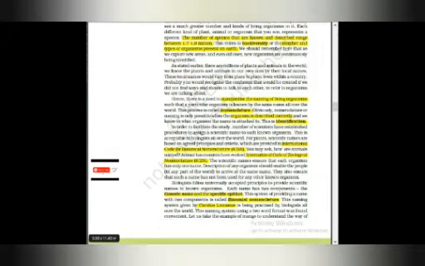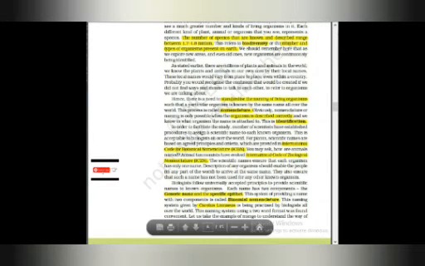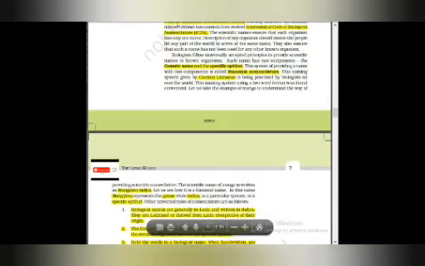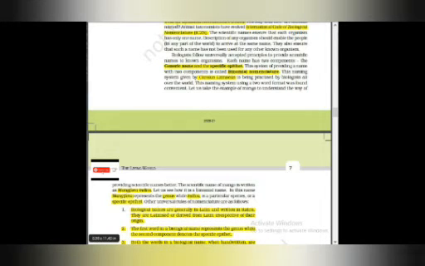Now we will discuss binomial nomenclature. Binomial nomenclature was given by Carolus Linnaeus. Okay, he was a scientist. Carolus Linnaeus gave the binomial nomenclature. In binomial nomenclature we have two parts, the generic part and the specific part. We will discuss them with the example of mango, that is Mangifera indica, a biological name, or more appropriately, a binomial nomenclature.